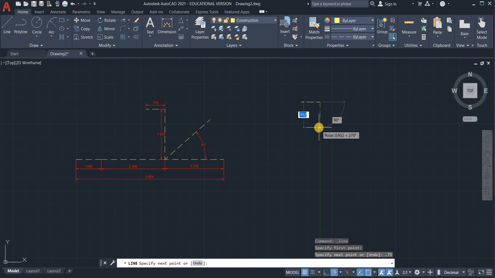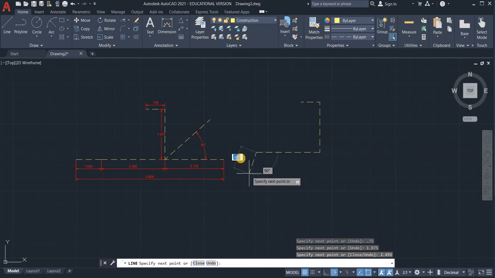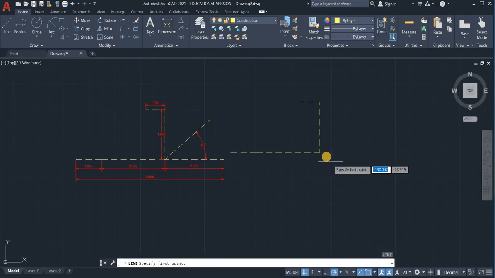Then a vertical line of 1.875. A horizontal line, again, 2.492. Right, and I broke that up into two segments, so my next line is just 1. Okay. All right, I'm going to hit the enter key to restart the line tool, and I'm snapping to the